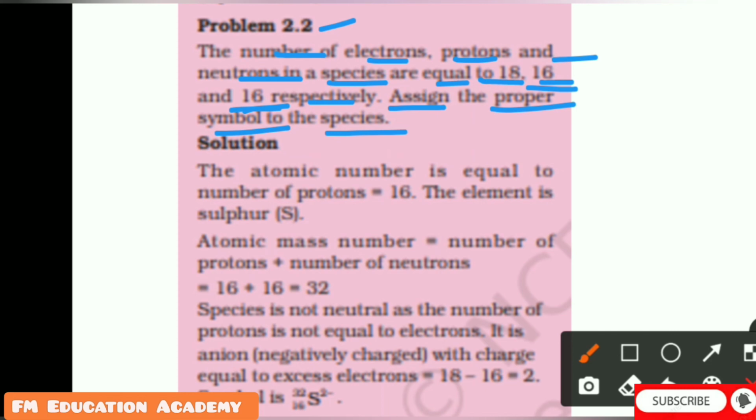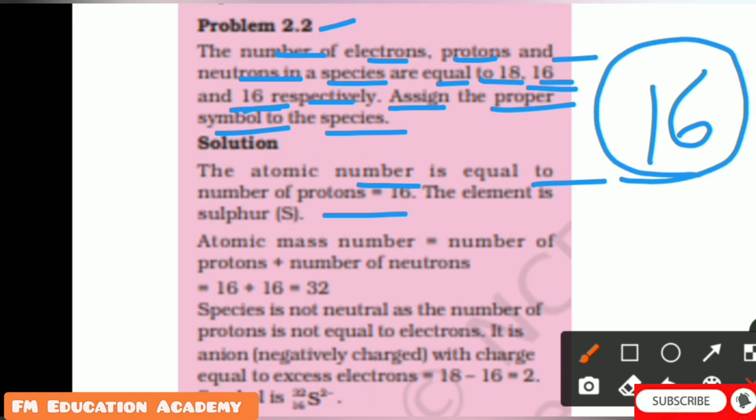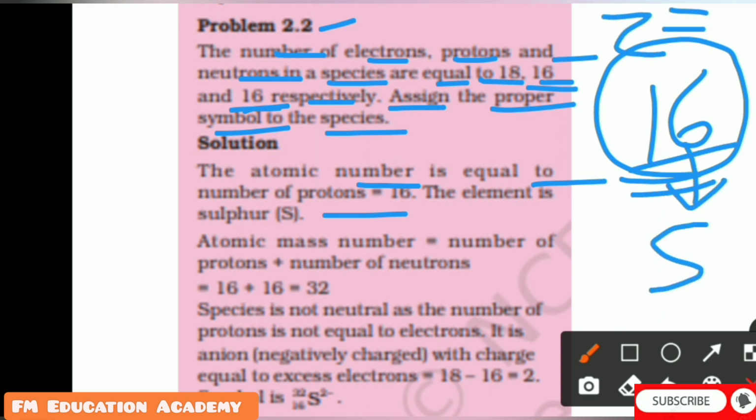So the atomic number is equal to the number of protons, we know that. As the atomic number is equal to the number of protons, here it is given that the number of protons is 16. So which element will have 16 protons? We know the series of atomic numbers. You have to remember it: hydrogen, helium, lithium, beryllium, boron, nitrogen. That is the series of atomic numbers. By that series, we know that sulfur has atomic number 16. So we can say the number of protons equals the atomic number, which is 16, meaning the element we got to know is sulfur.